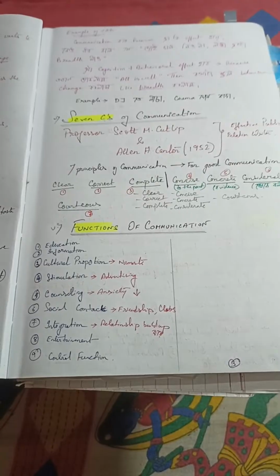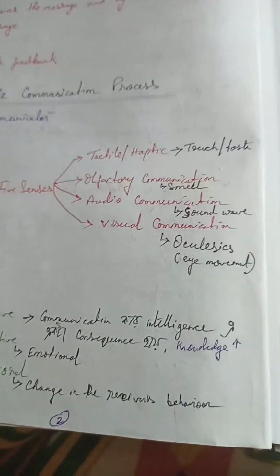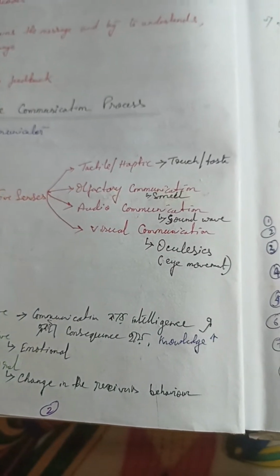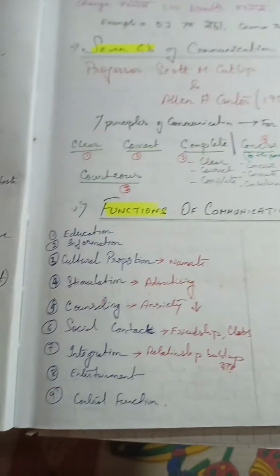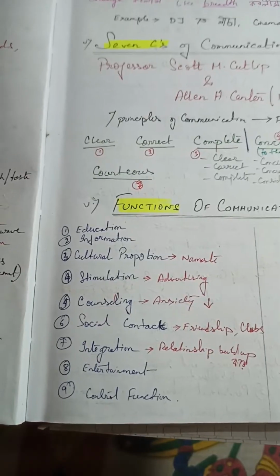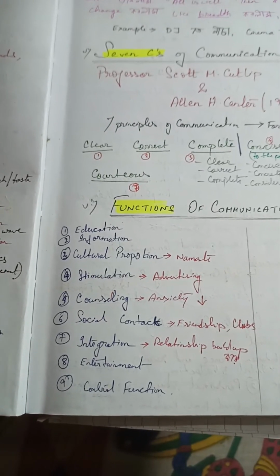Western culture is something different. Now, communication happens with the help of a channel. It can be tactile, olfactory, audio, or video. But the function of communication is to educate, to inform, to promote culture, to stimulate,